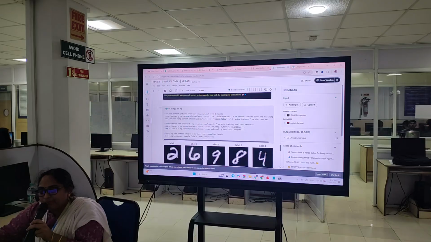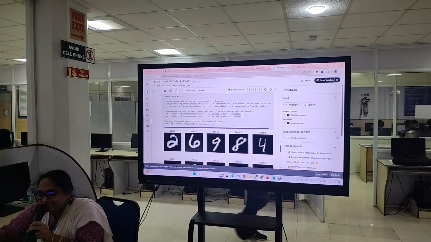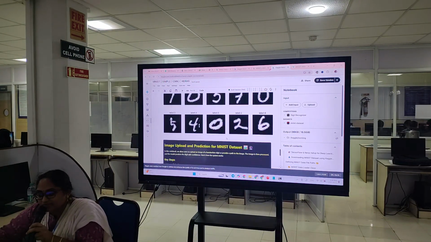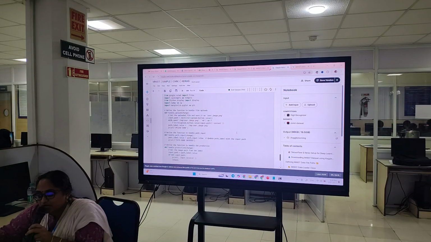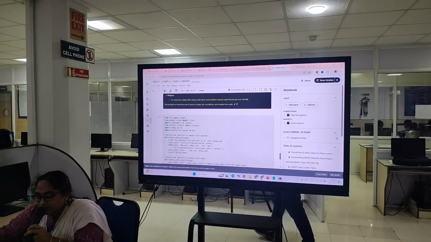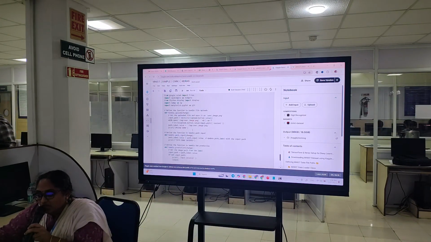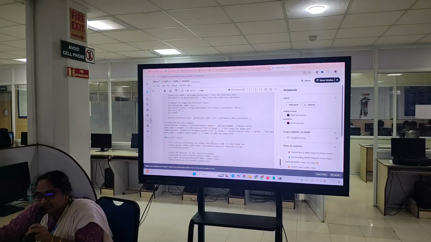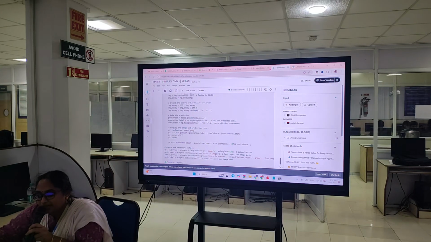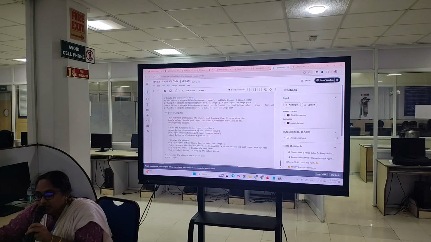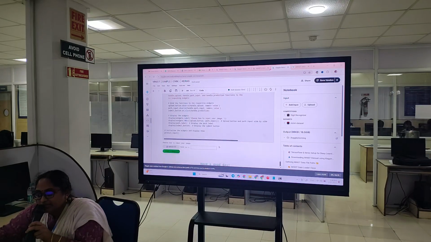So import numpy as np. You are using random.choice, a function where you take 10 random indices from the training set and 5 random indices from the testing set. Sample images are displayed here with the help of the show function. After that, from PIL import Image, file uploads, file handling inputs, all of that is written in the form of a function. Now we are doing model.predict here. When you are given a new image, you do the prediction using the predict input. You input your image and it tells you whether it's a